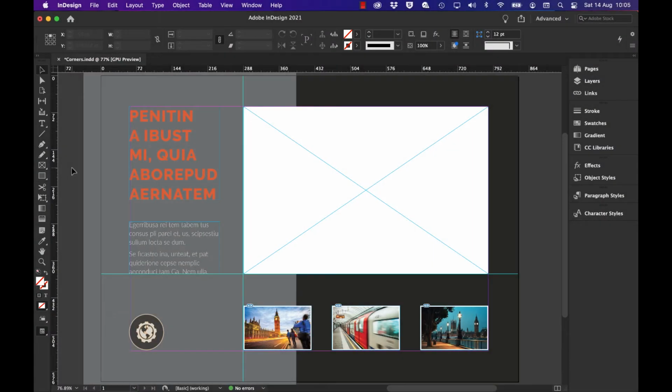This video is about how to use rounded corners in Adobe InDesign. So rounded corners can be applied to a graphic, a rectangular frame, which is like this one here, using the rectangular frame tool, and also a text frame. So what I'm going to do is place an image into this existing rectangular frame using the